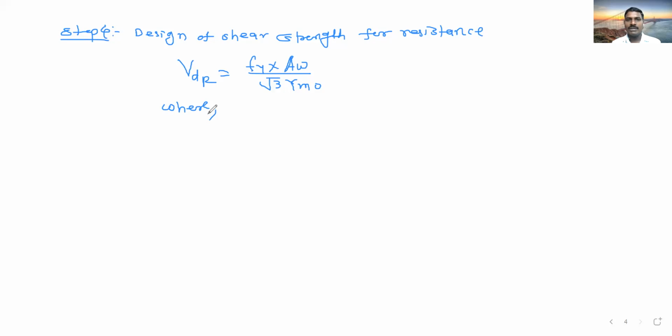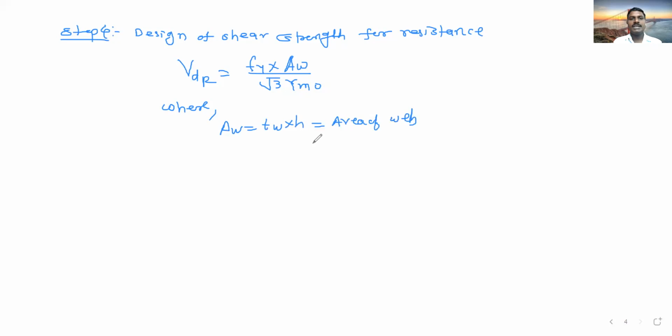So for that section, how much shear force will be carried? That is VDR. Resistance किती तो section देतो. So VDR, where AW is equal to